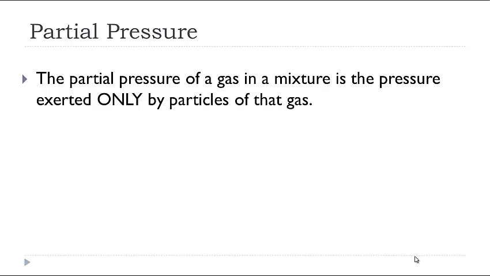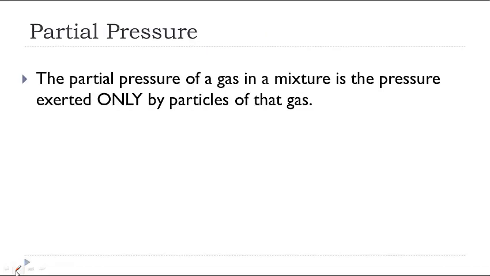So you can't say in this room, oh, 80% of the gas in this room is nitrogen and about 20% is oxygen. And so the oxygen occupies this 20% of the volume of the room, and the nitrogen occupies that 80% of the volume of the room. That would be bad for us, because then we'd all have to huddle together in the part where the oxygen was. So I do want to point out there's no such thing as partial volume,